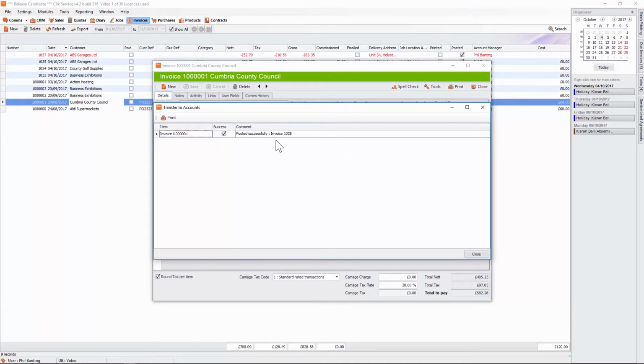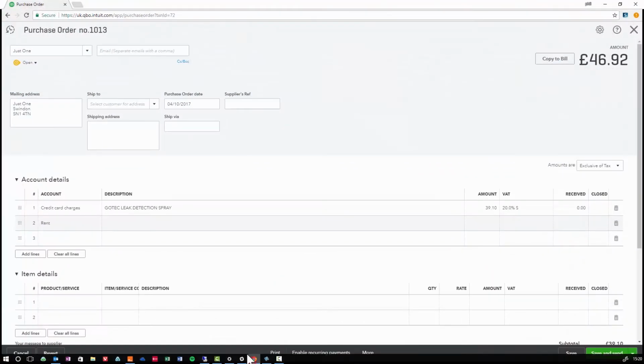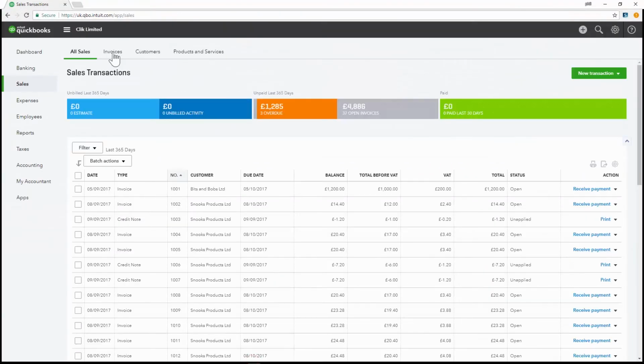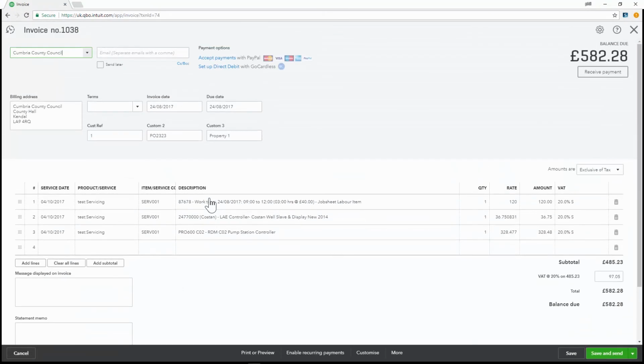It's giving you an invoice number 1038. So there we go, it's nice and working. We can have a little look at QuickBooks to see what that looks like, and we can see that invoice in here. Let's just do it by number. So 1038, you can see it in there, and you can see that you've got that QuickBooks invoice in there.